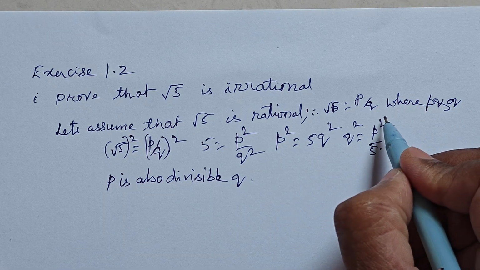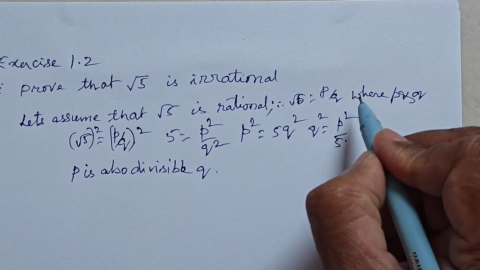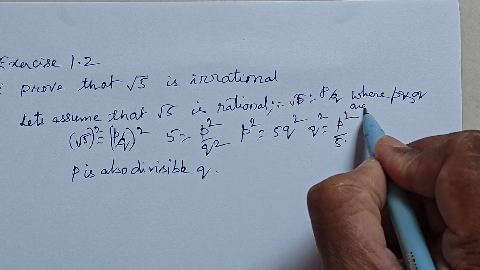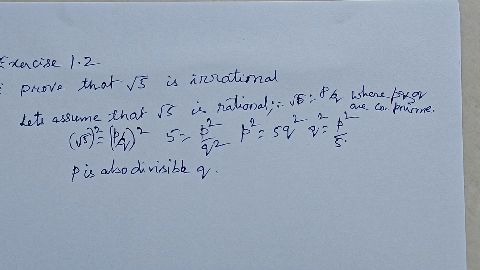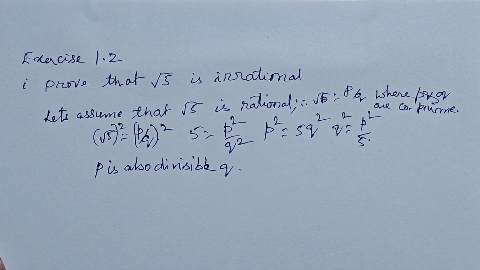Co-prime means they do not have any common factor other than 1. So if there is no common factor, then they are co-prime. But if in the later steps p and q turn out to have some common factor,